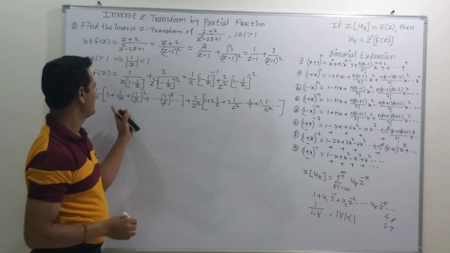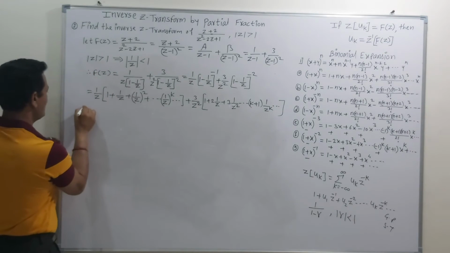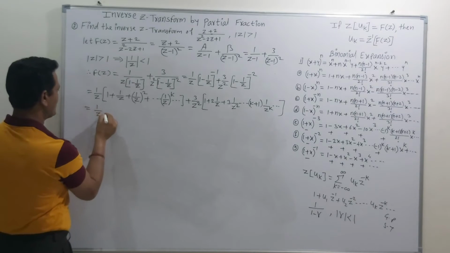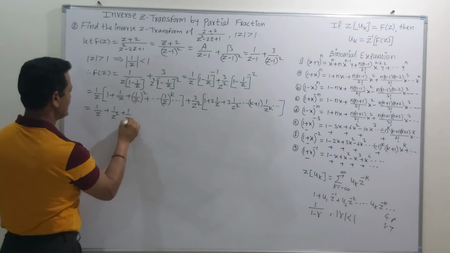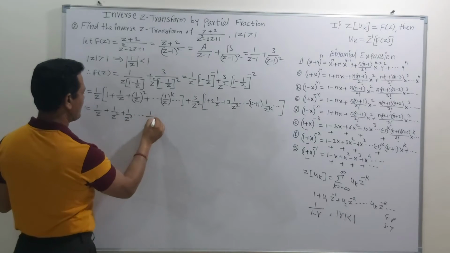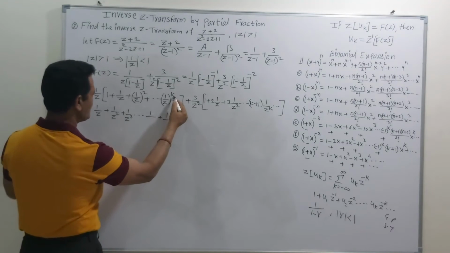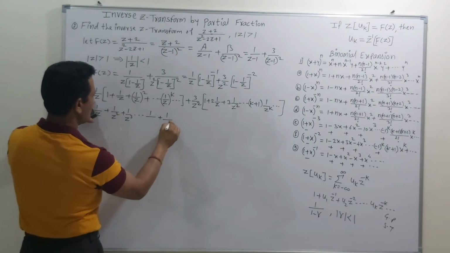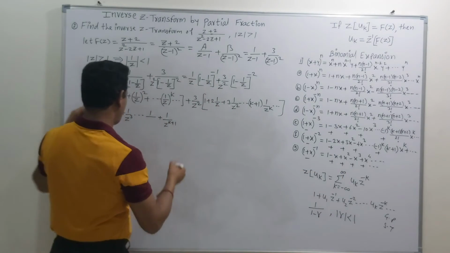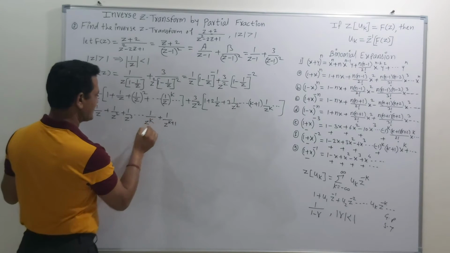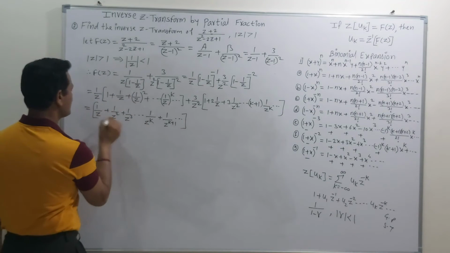Now friends, this is the expansion of the first and second term. Take this 1 upon z to the inner side. So we get 1 upon z plus 1 upon z square plus 1 upon z cube and so on. In general we can write this as 1 upon z raised to k, and with the extra z we get z raised to k plus 1. But our interest is to get the value of z raised to k, so that's why I write down one previous term. So we get z raised to k and so on. So this is for the first term.